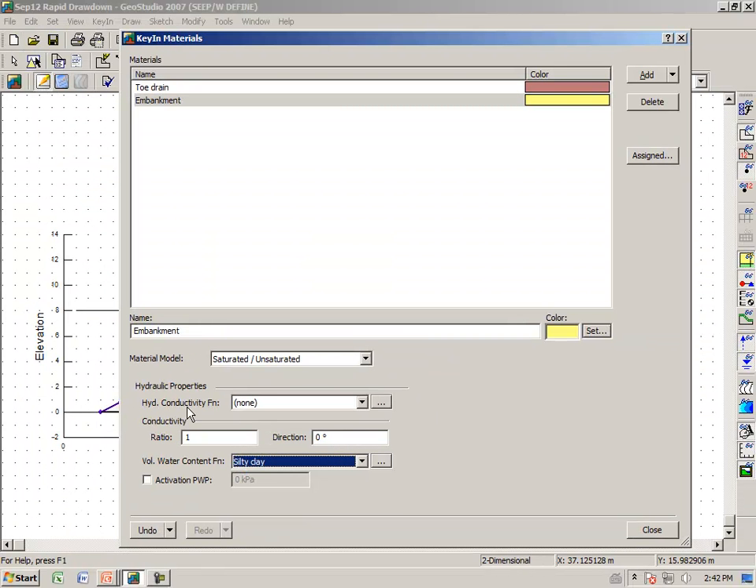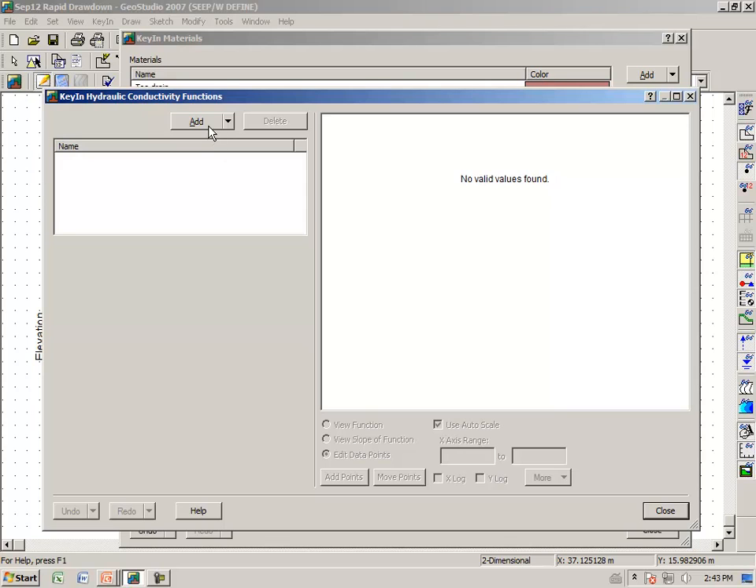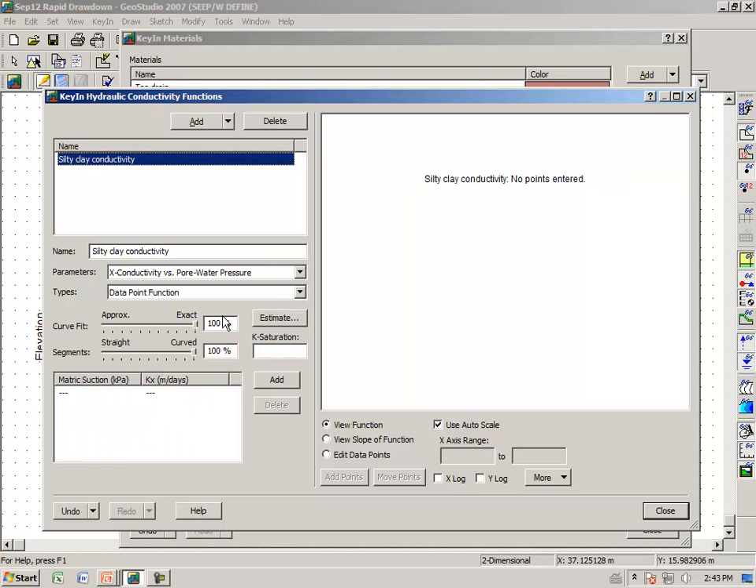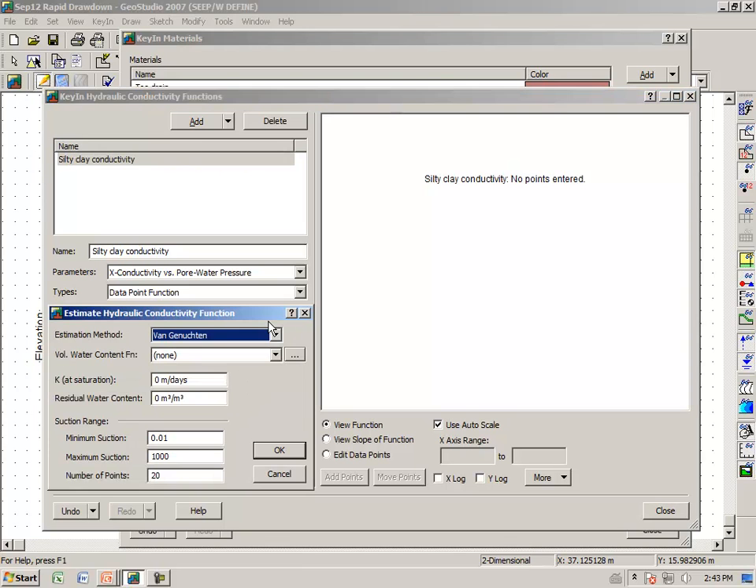Now we need a hydraulic conductivity function. We once again can click on the button. We can add and say this is the silty clay conductivity. And again, we are going to use a data point function, and we are going to estimate the function from the water content function we had just established using the Van Genuchten method. And we can now select our silty clay volumetric water content function,